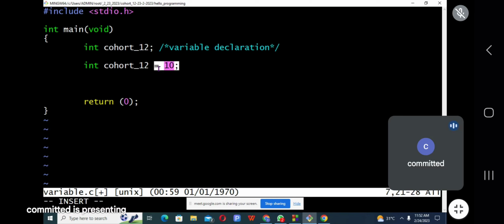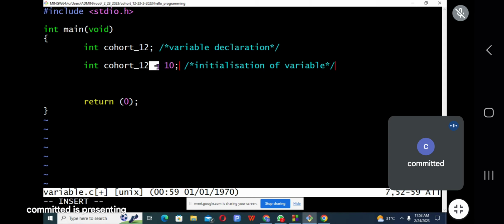Since we are passing value to this variable, this is called initialization of variable.